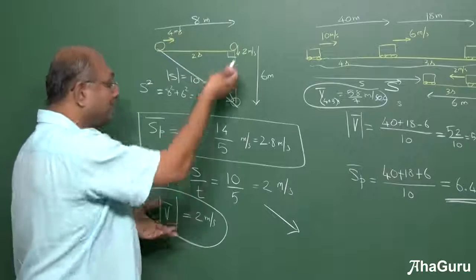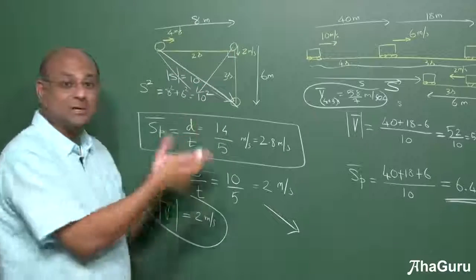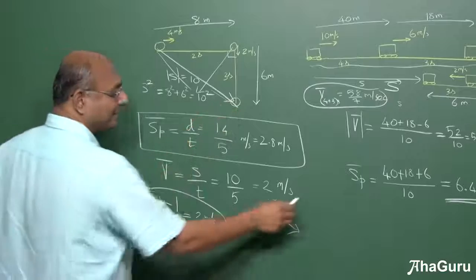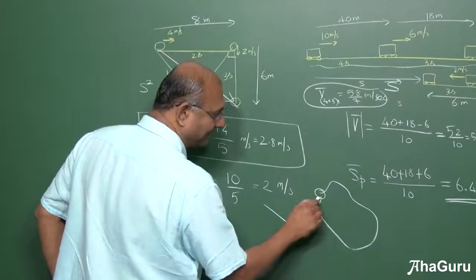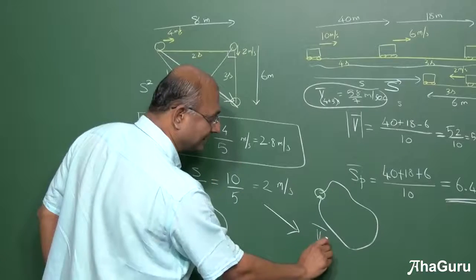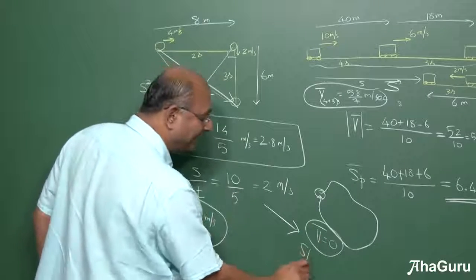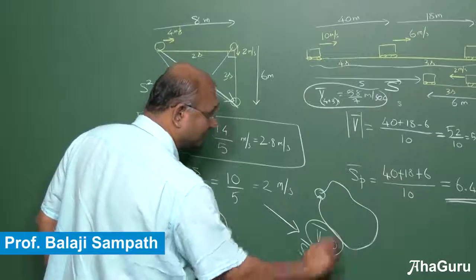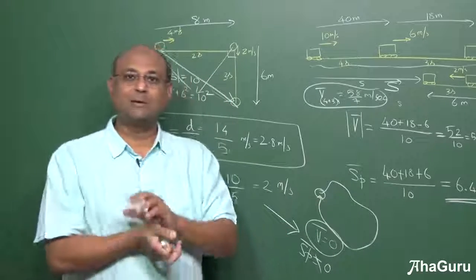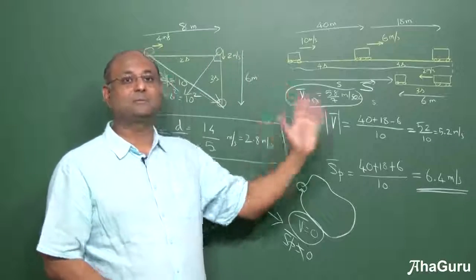Sometimes it's even possible. So instead of going this way, suppose I went like this, average velocity may be even less than all of these velocities. But you can see that, because if I start here and I go like this and I come back, what is my displacement? 0. What is my average velocity? 0. But my average speed is not equal to 0, because that is distance divided by time. So we will do a bunch of problems, then you will understand this a little better. The basic idea is you must be able to apply it to different types of situations.